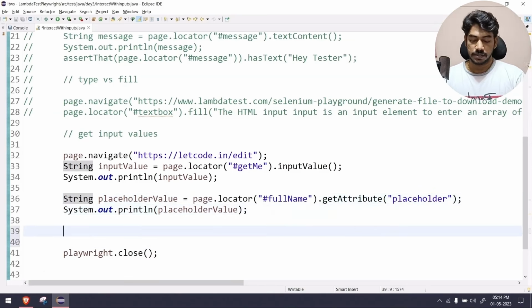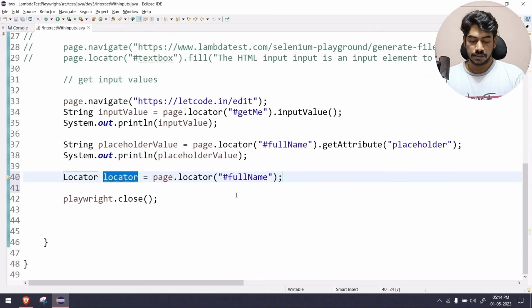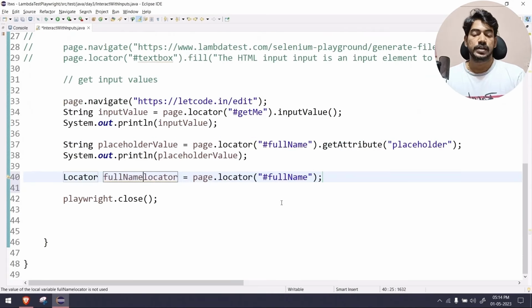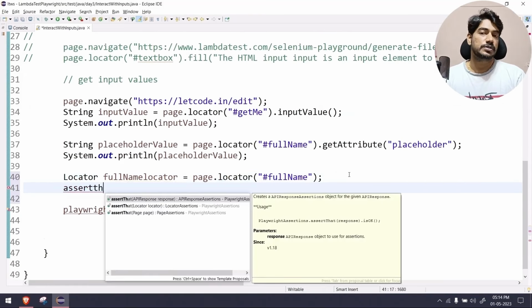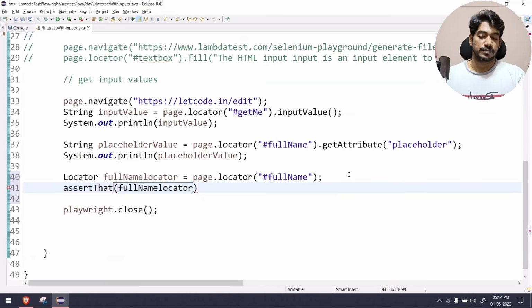Okay, so for example, I know that this is going to return me the locator, and let me name it full name locator, and then I can say assert that. So if you press control space, you can see we have the API response, we have the locator, as well as we have the page. So page in the sense we can do the verification of page title, page URL, and if I have to do anything with the locators, then I will use this one. Okay, of course it's an overloaded function, so you don't have to worry about it. You can just give assert that, followed by the locator or the page, it will give you the